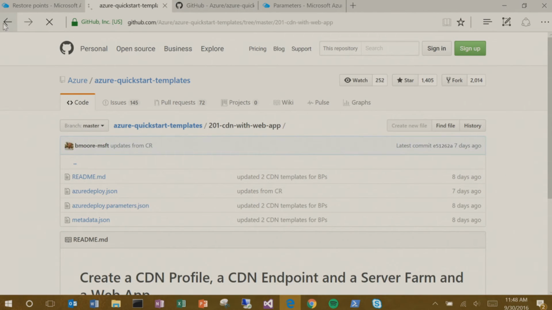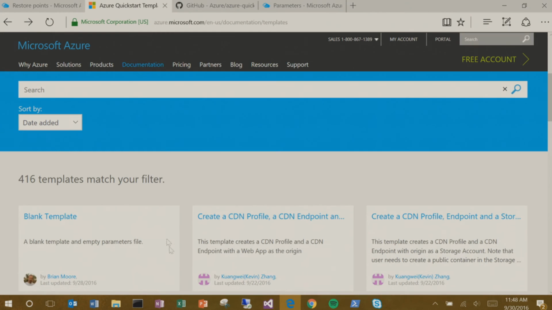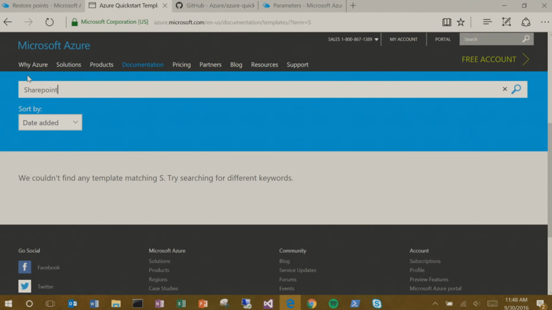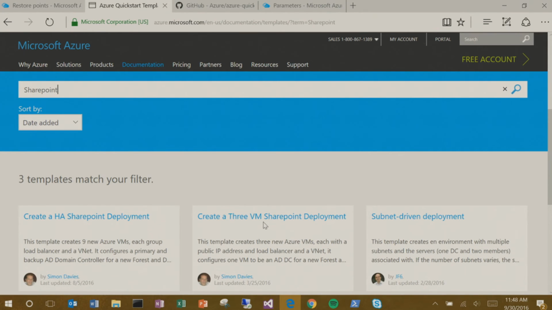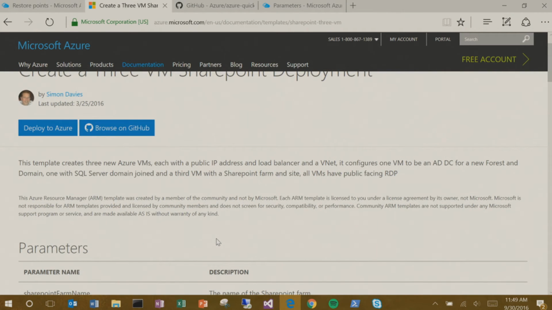Now within Azure, let's go ahead and just look. So we've got several options. The SharePoint area, so let's search for SharePoint. So we've got a 3 VM SharePoint, where there's an HA SharePoint. If we go to the 3 VM version, it's actually the same template that's used in the Azure Marketplace. We just have put this up here on GitHub so that others can take it and modify it. It gives you a little bit of overview on it. And if we browse this one on GitHub,